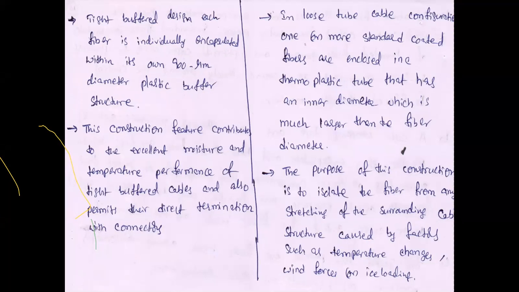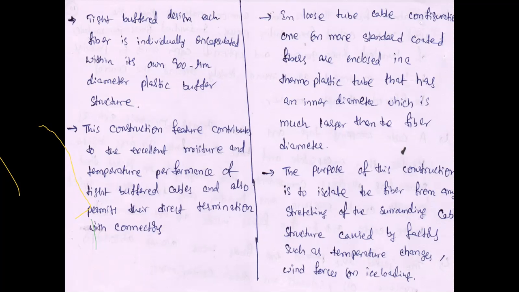One or more standard coated fibers are enclosed. That is, once we fix this plastic cable, we can insert many optical fiber cables inside that one. Suppose now I have designed this loose tube cable from Tirupati to Vijayawada and fixed one plastic line cable. Suppose now 100 subscribers are there. 100 optical fibers are inserted into that one. Suppose in future 1000 subscribers are added. At that time also, we can insert optical fiber cable into that plastic cable. That is flexible.